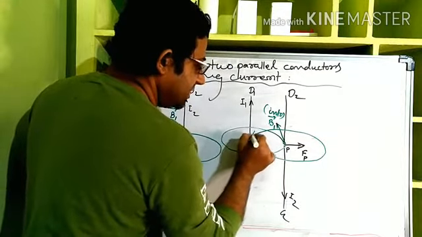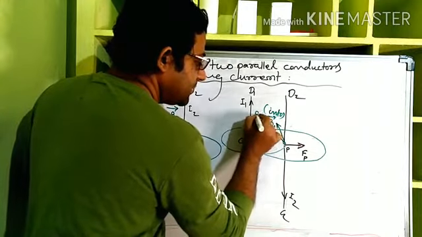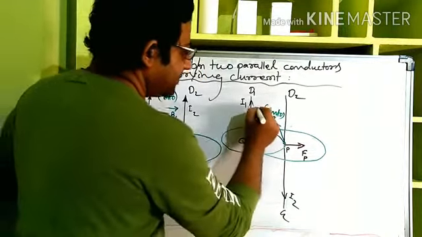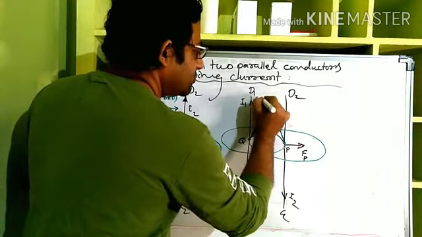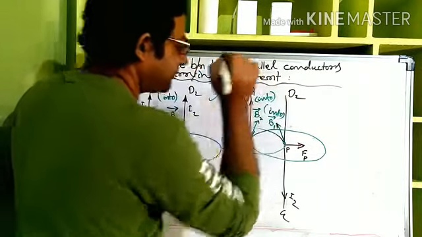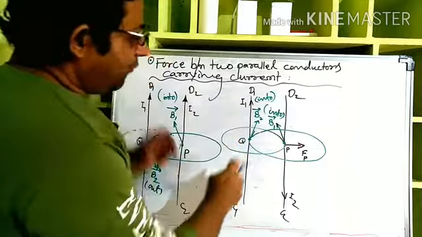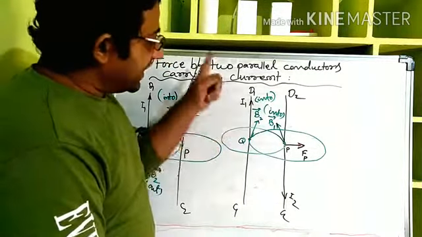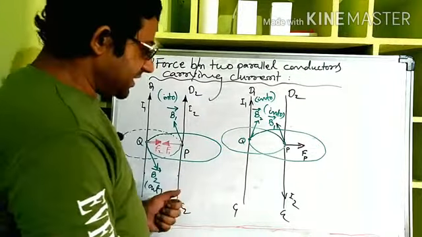So this also is into. So it is B2 because it is due to I2, right? So B2, and this also is into now. Okay. Now at Q, we know the direction of the magnetic field. We know the direction of the current. We have to find out the force direction.